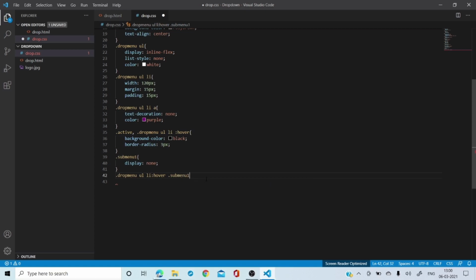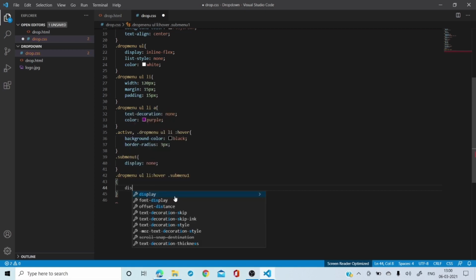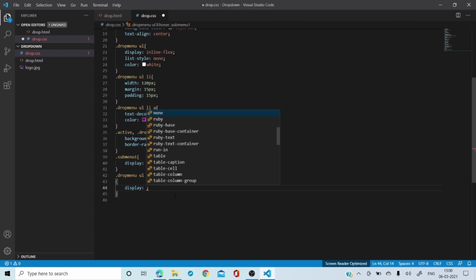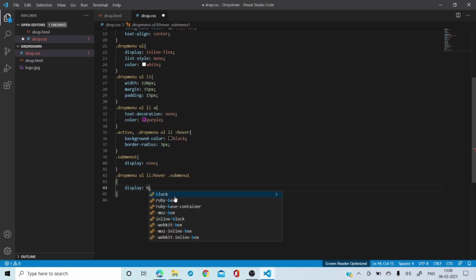That's how you're going to write it. Once you've written this, please open the curly bracket, and then in which form are you going to display? In the block form. That is the first thing which you're going to do.